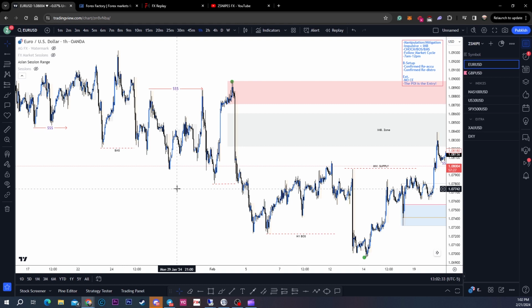So that is my tips for you guys to determine whether it's going to be a liquidity sweep or a